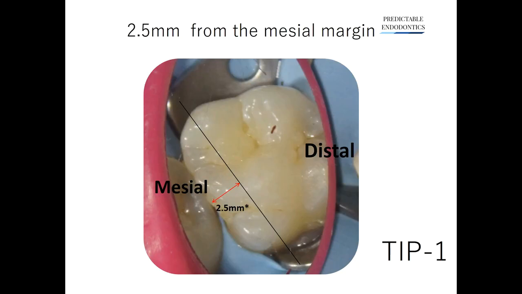These NB2 canals are generally present about 2.5 millimeters from the mesial marginal ridge. So if you haven't extended your access cavity preparation to about that distance, you might want to push it that far to locate the NB2 canals. These numbers we're talking about here are common occurrences and not absolute values which will help you locate the NB2 canals.